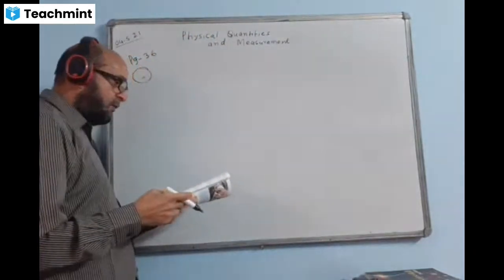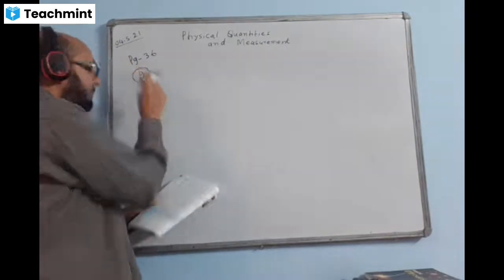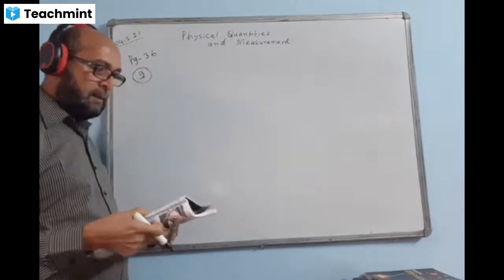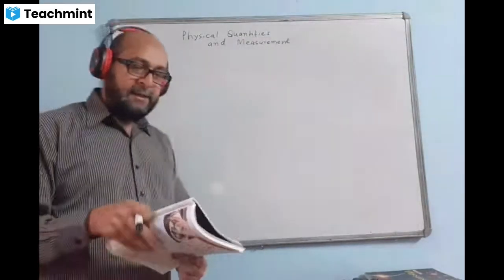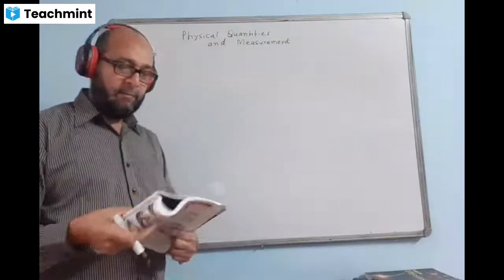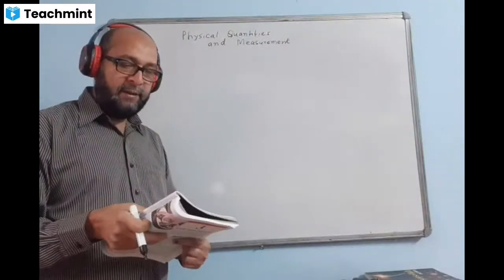Now we are doing question number 9. Question number 9. The mass of an empty density bottle is 21.8 grams. When filled completely with water, it is